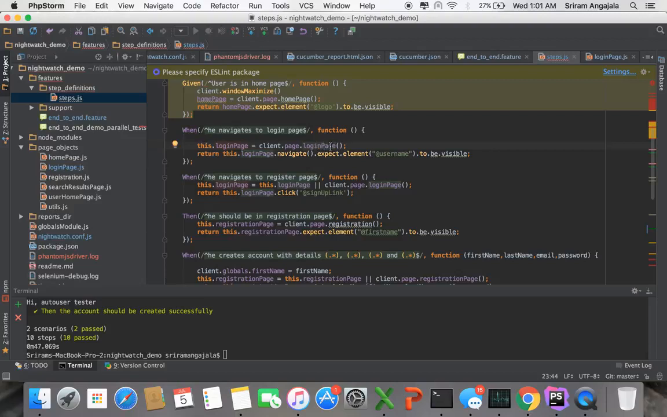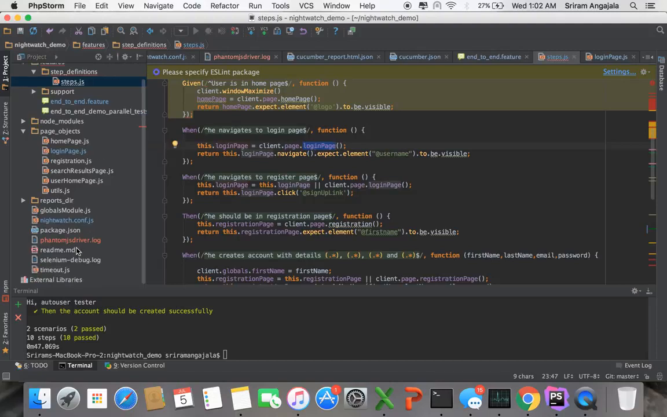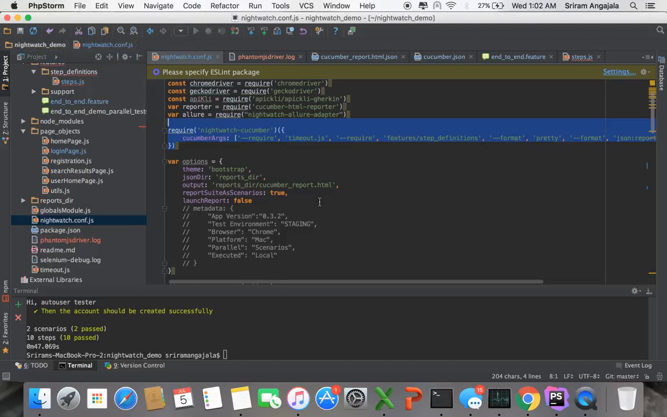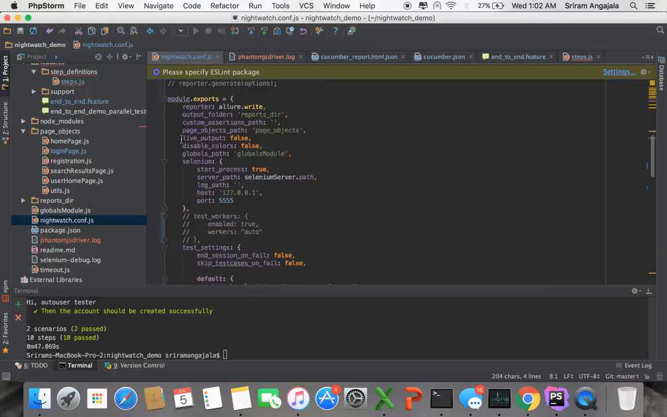So if you see that, the login page here is the actual name of the JavaScript file, so this should match. To enable page objects, the steps are: first of all, yes, we need to create page objects, but make sure that the name of the file matches that. Then you need to go to the Nightwatch config and mention that yes, we are using page objects. So this is the place where we have all the page objects,